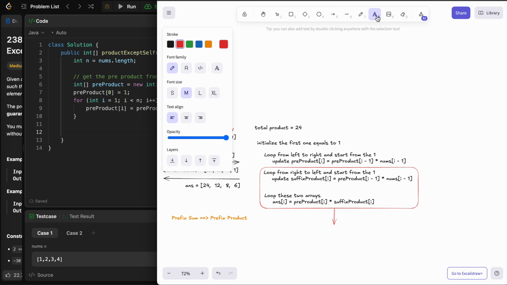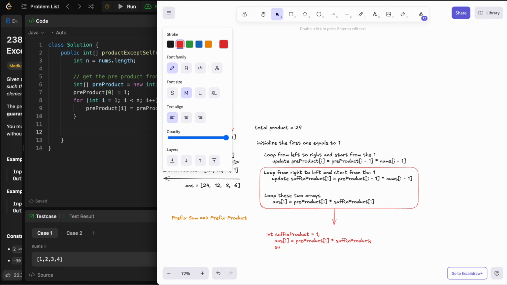For example, we have a suffix product, right? First of all, it will always be 1, and then the answer from the left to right equals to the pre-product i times the suffix product,